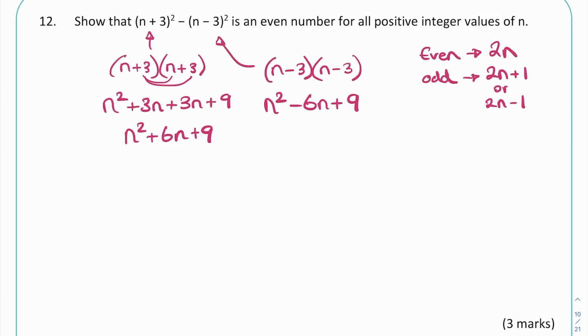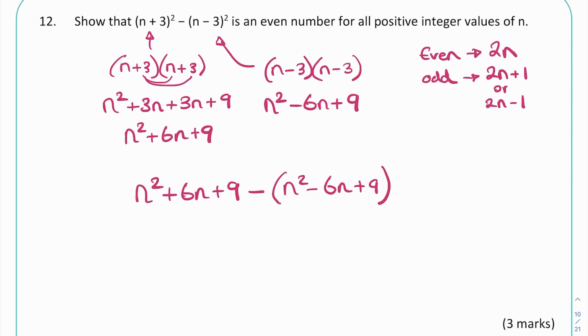So there are two expressions, but it's asking us to take them away. So what we actually have is n squared plus 6n plus 9, and we're going to take away, and because we're taking away all three, I need to put them in a bracket. Now the reason I need to put them in a bracket is because otherwise I might forget that I'm actually taking away all three. And if I take away n squared, take away negative 6n, and take away the 9,